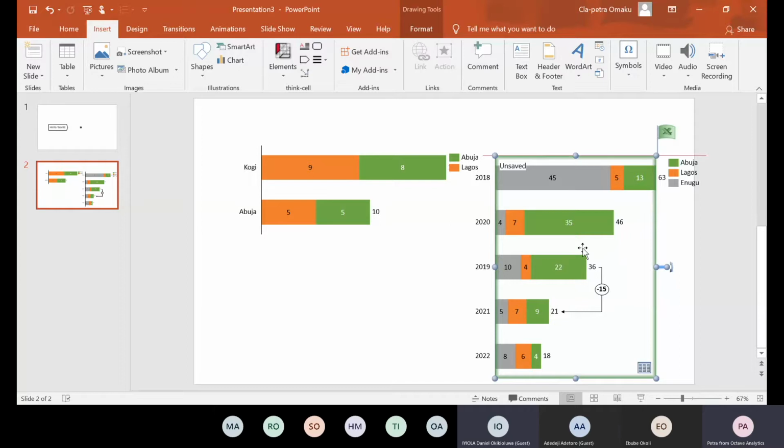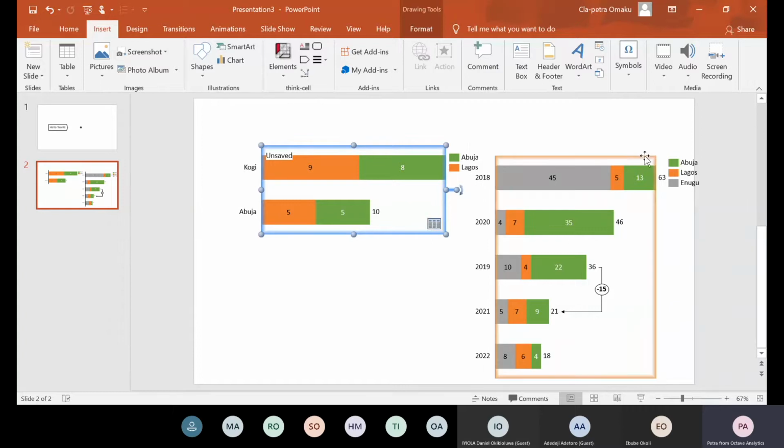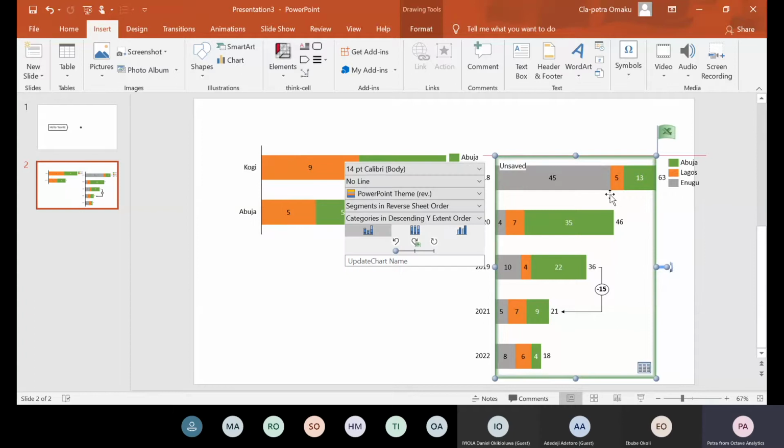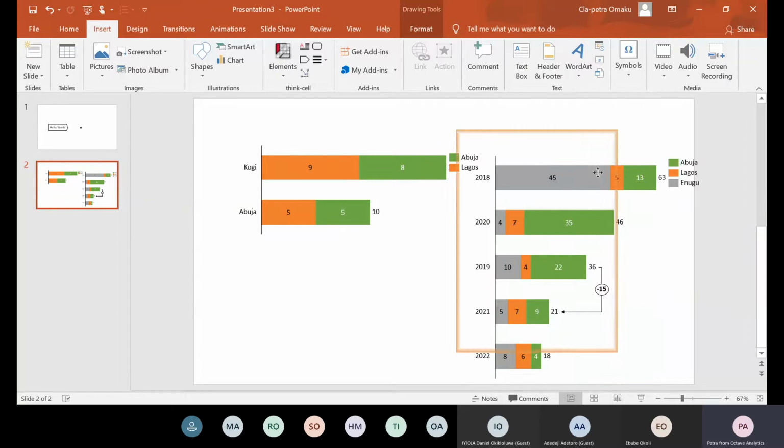Yes. I think I know what happened. I was clicking the Excel sheet here. This Excel sheet takes us back to my Excel, because it's already linked to that database, but this one is linked to what is here in PowerPoint. So if I click this Excel sheet, okay,